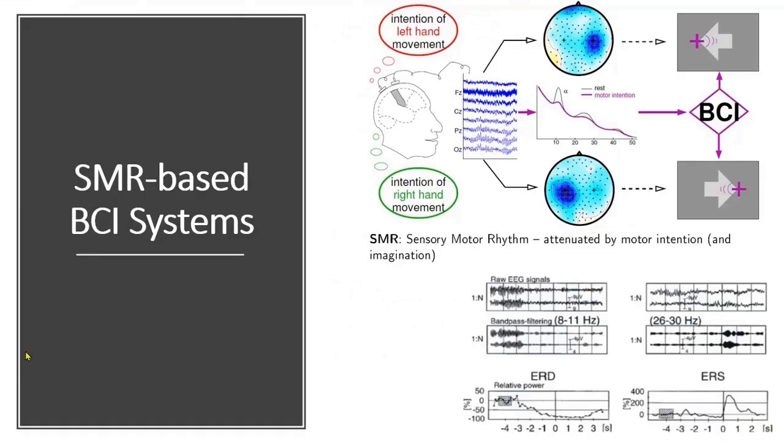Next, we have sensorimotor rhythm-based BCI systems. SMR stands for sensorimotor rhythm. The brain rhythm, the brain signal activity, is coming from the sensorimotor cortex, which is located around this area. So SMRs belong to the endogenous type of BCI. Basically, the subject imagines movement of the right hand versus the left hand. By placing electrodes over the sensorimotor cortex around this area and recording the data, we can classify into two classes. So we can decode or discriminate left hand versus right hand, which allows us to build binary BCI systems.